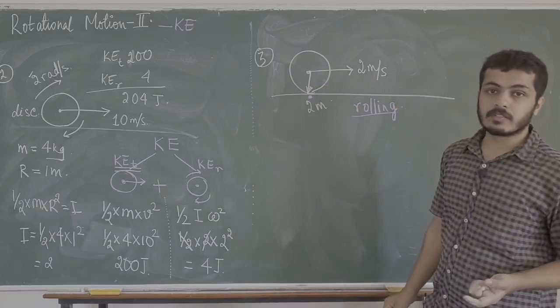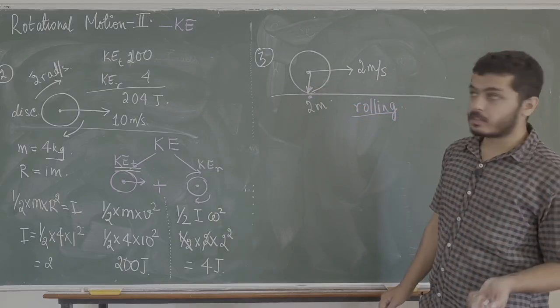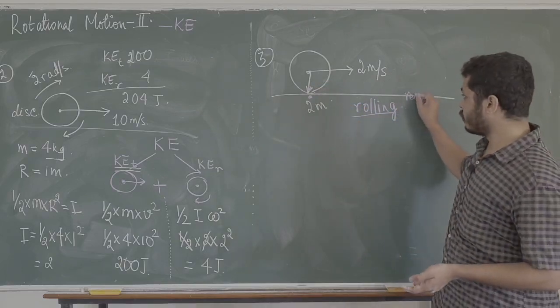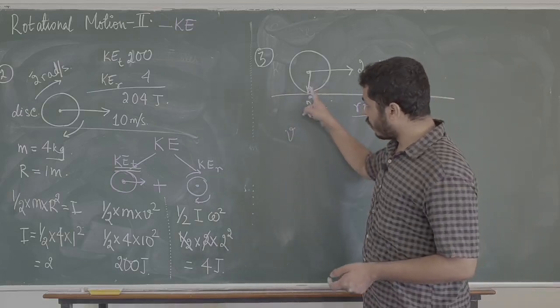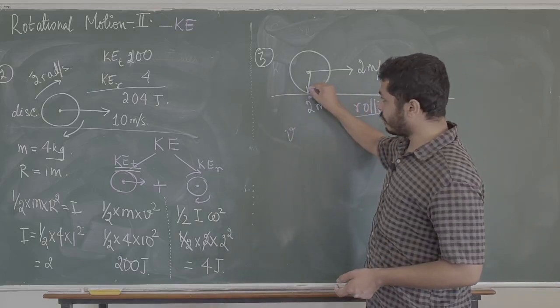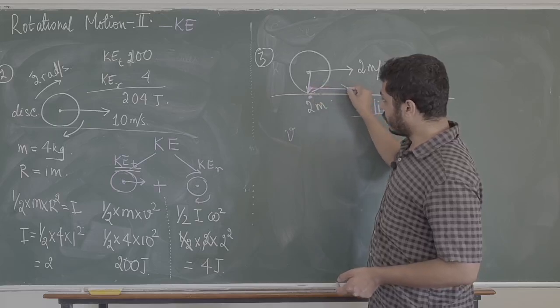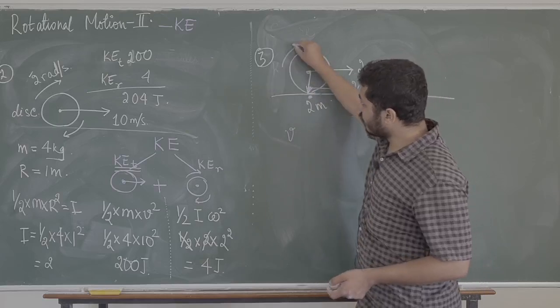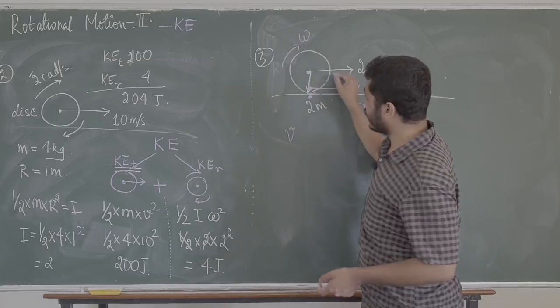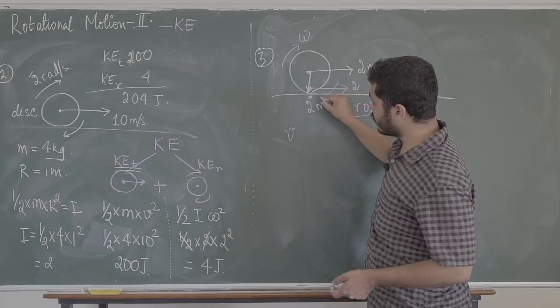So what is the velocity of the surface? The velocity of the surface is 0, because I did not say that my surface is moving, my surface is at rest. So the velocity of the lower point of the wheel, we have already seen many problems on rolling motion. The wheel is moving forward at 2, so this is also 2. I don't know how fast the wheel is rotating. So let us say that is omega. This velocity of rotation is omega.